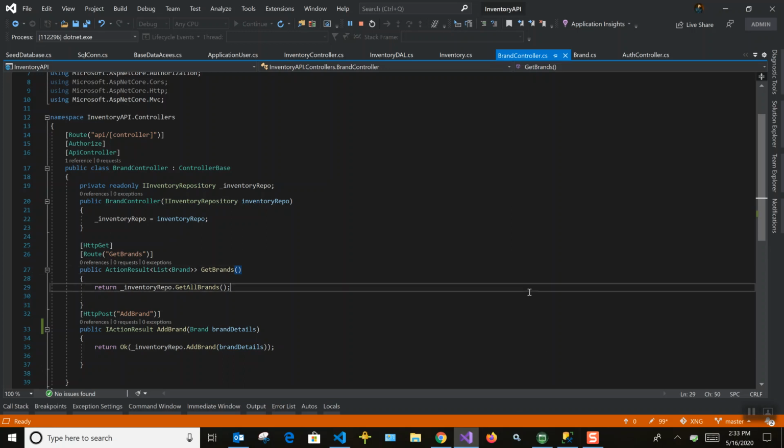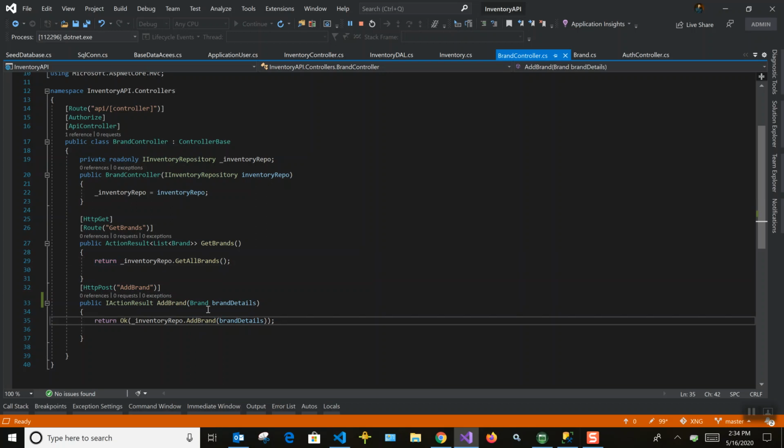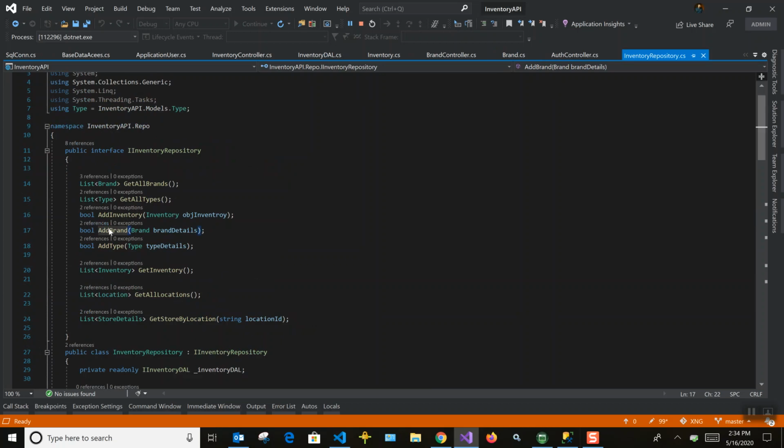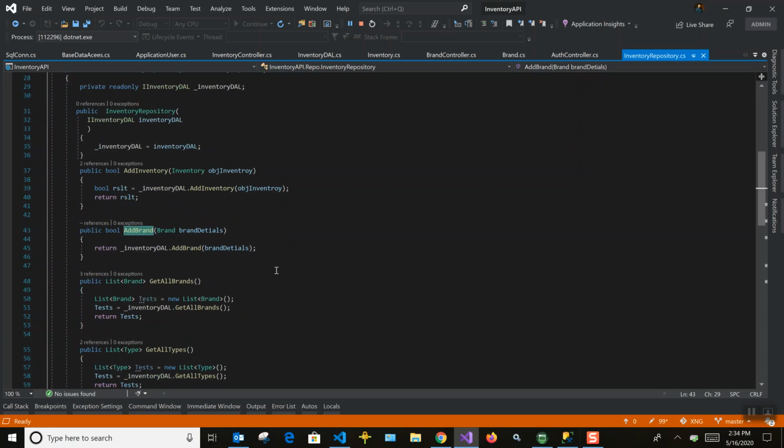If you see the controller part, we have a brand controller and it has an add brand post method. Here we pass all the details which come from the UI. If we go to its implementation, this is the data access layer.